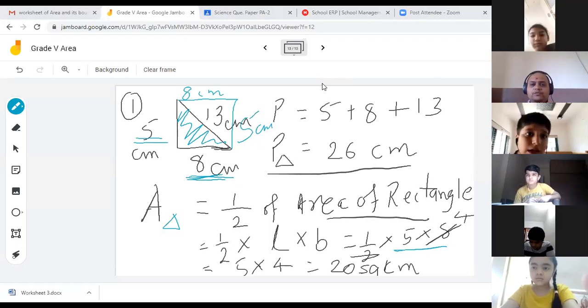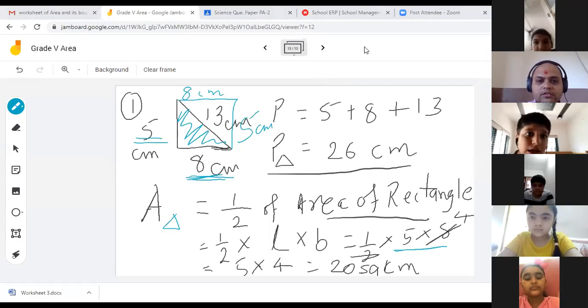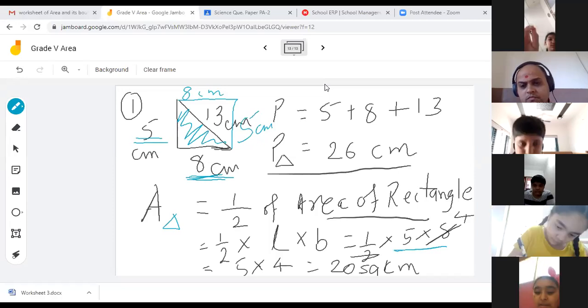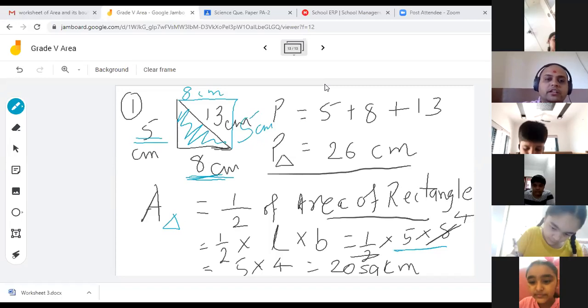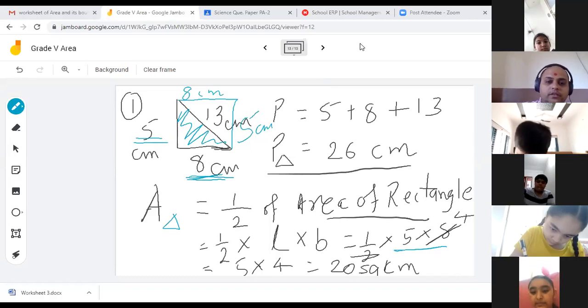Come on, everyone. Finish it up. Jia Patel. Yes, bolo. Sir, in the first triangle, area is equal to 1 upon 2 multiplied by 5 multiplied by what is there, sir? 8. 5 by 8, because it is the breadth, it is the side, right? Okay, yes, very good, very good.